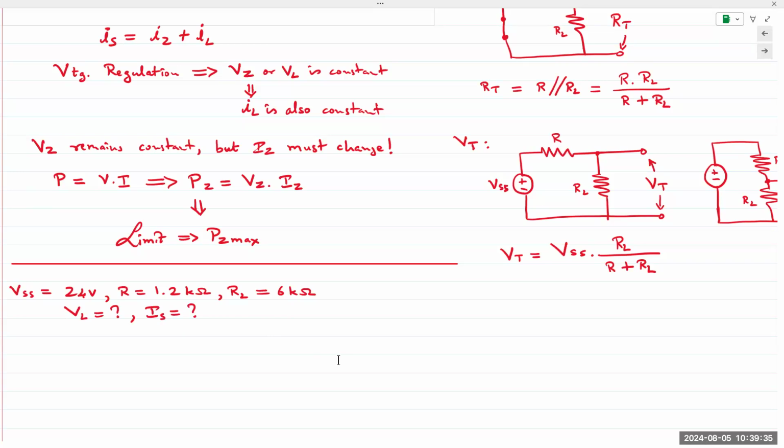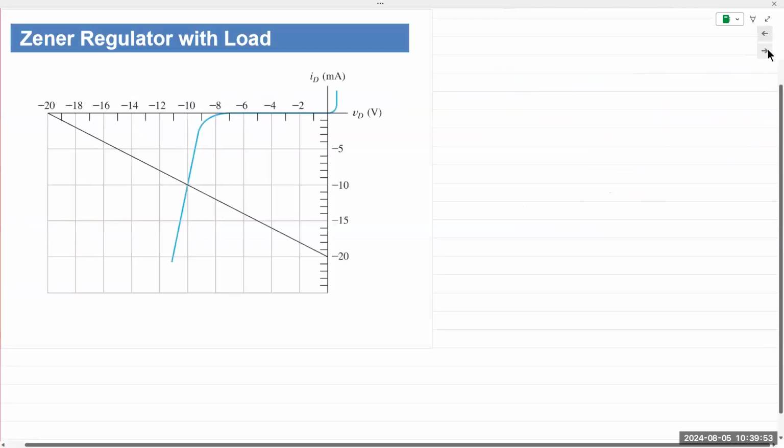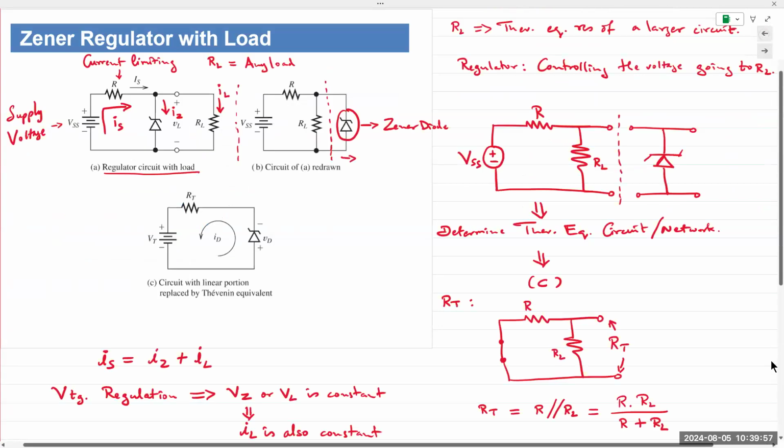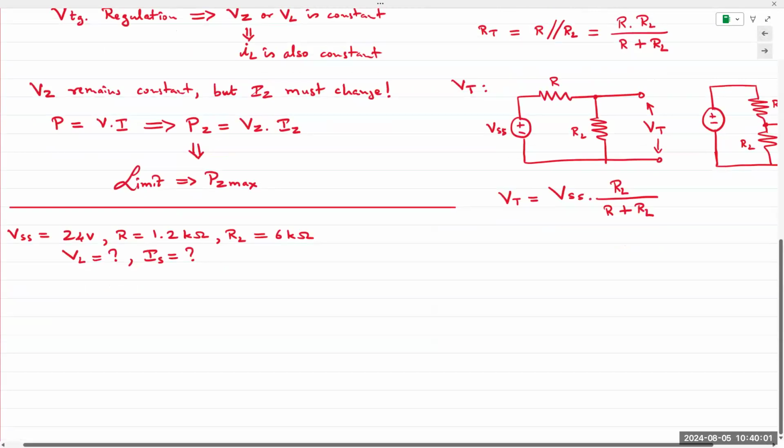VL we'll assume later. So if you want to determine the equations, we can use the load line analysis technique. So that's on the next page. And I'll come back to here after we get our values. We can write a KVL around the loop. If you write KVL around the loop,